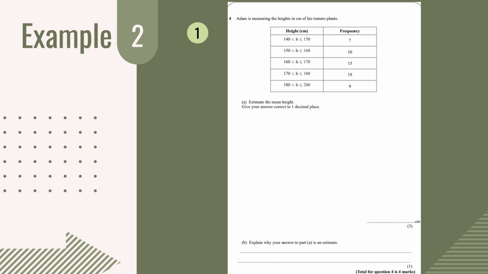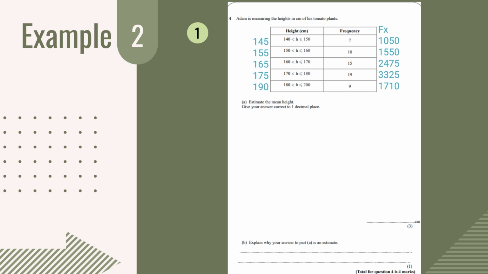To begin with, we need to write down our midpoints of our class intervals, because this will help us work out our fx. So the midpoints of our class intervals are 145, 155, 165, 175, and 190. Make sure you read the question carefully, because the last class interval doesn't follow the same trend as all the other ones. And now we simply times the midpoint by our frequency to get our fx, such as 1050,